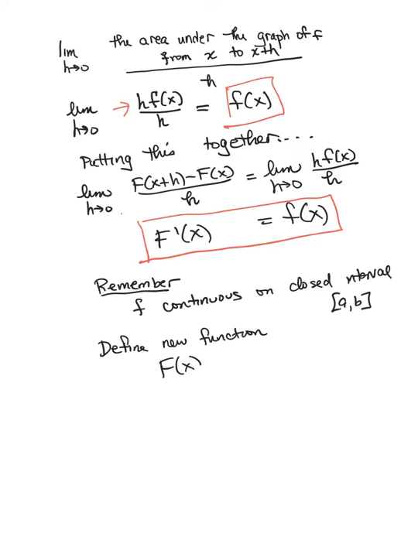A new function which is the area accumulator for little f. And we define it this way. So when the upper limit of integration is x, this has to be another variable, usually t. And whatever x is here, it matches the upper limit of integration,